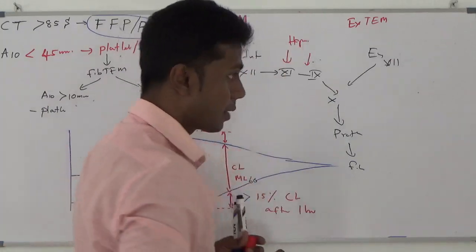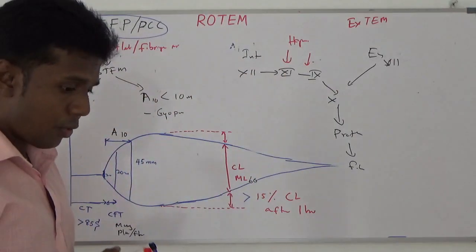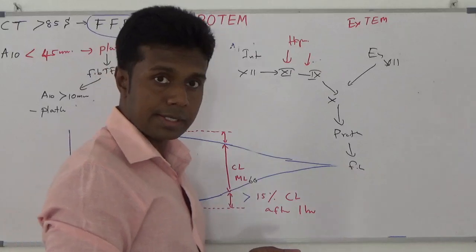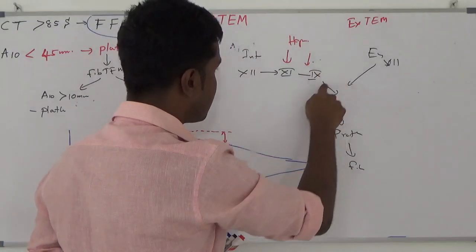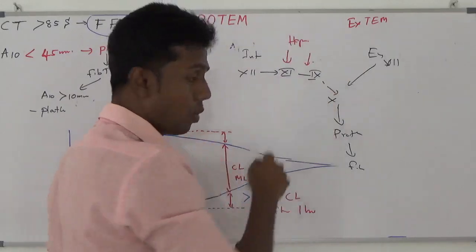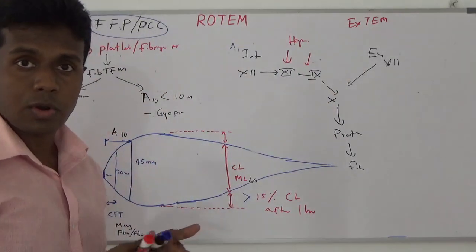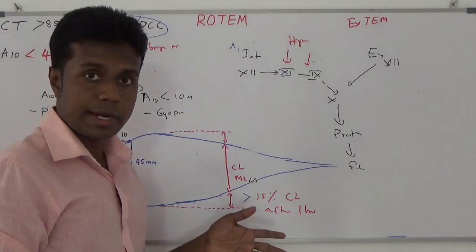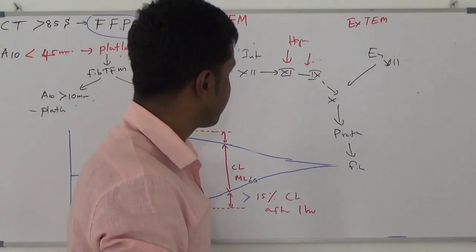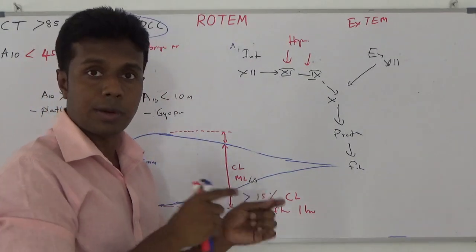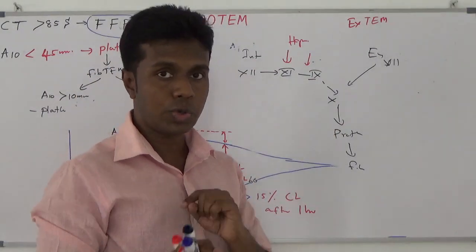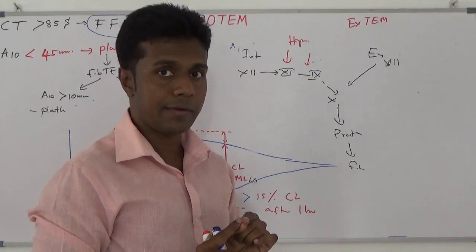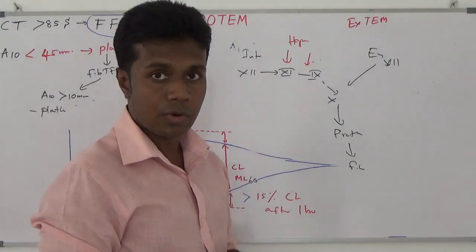If you have a patient on heparin, the intrinsic pathway coagulation can be prolonged. In that case, your patient can have bleeding. If so, you have to give some kind of substance to neutralize the heparin. Before that, you should identify whether your patient has heparin induced bleeding or not.